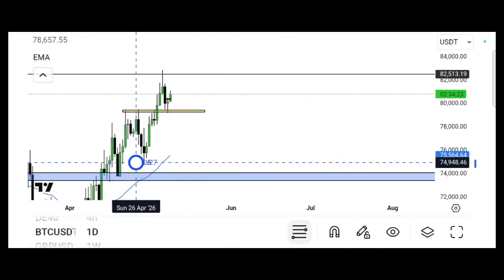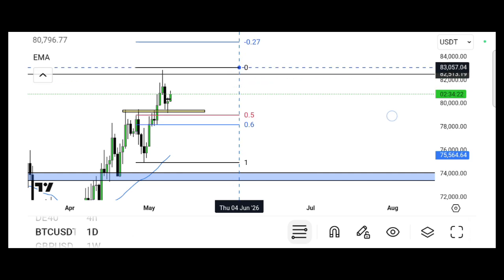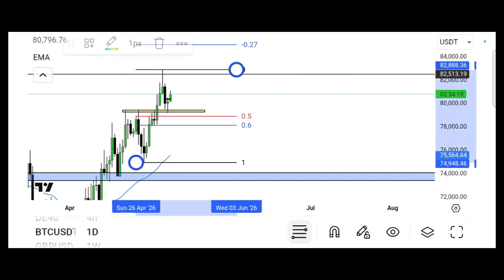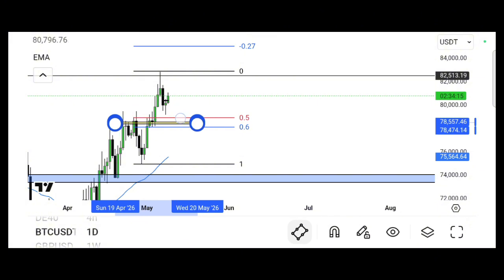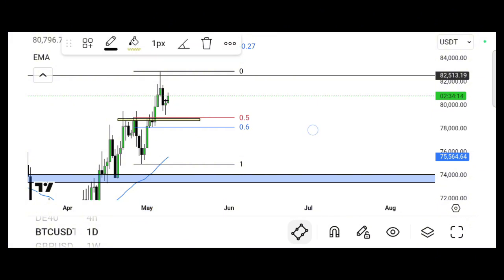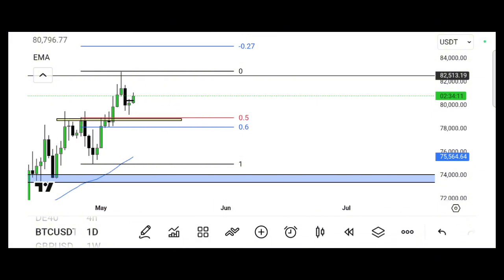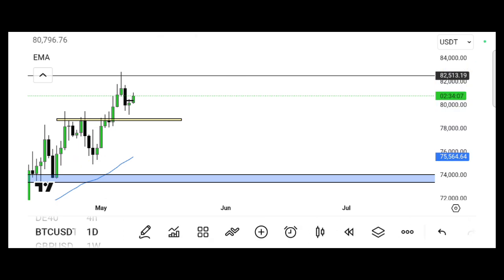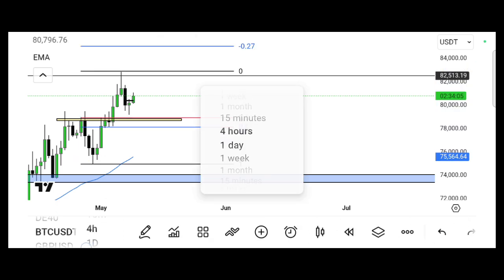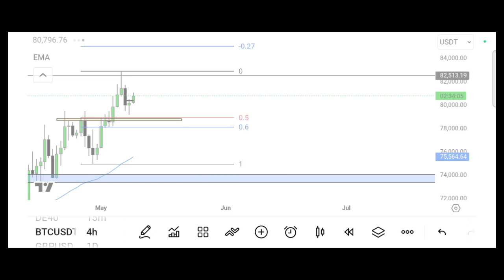Now Fibonacci was at this point here, so I dragged this thing back below here, expecting it to go to that side. So when I went back to the 4-hour time frame, I realized that on the 4-hour time frame,